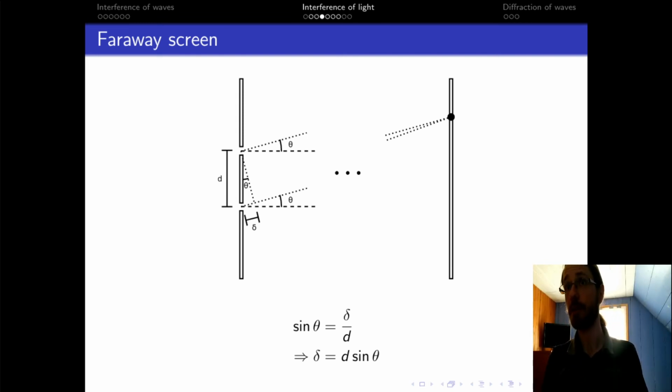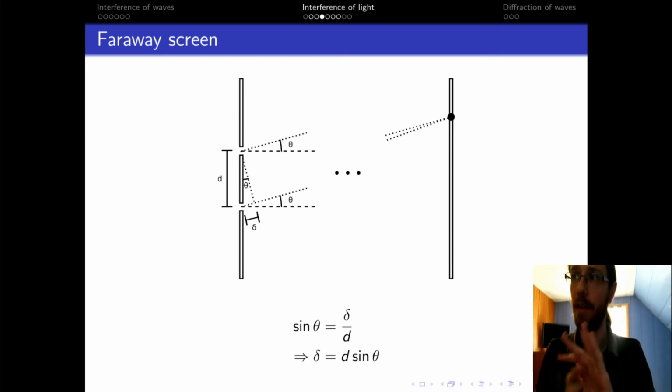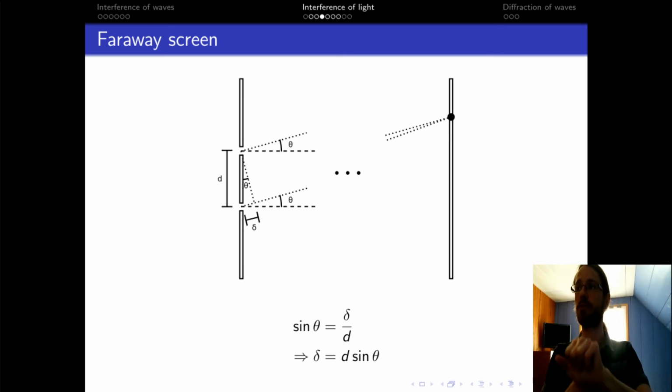We'll suppose that the distance between the slits and the screen, which we call L, is very large compared to any other quantity. Meaning it's very large compared to the distance between the slits d. It's very large compared to the wavelength. It's very large compared to every other distance in the system. If the distance is very, very large,